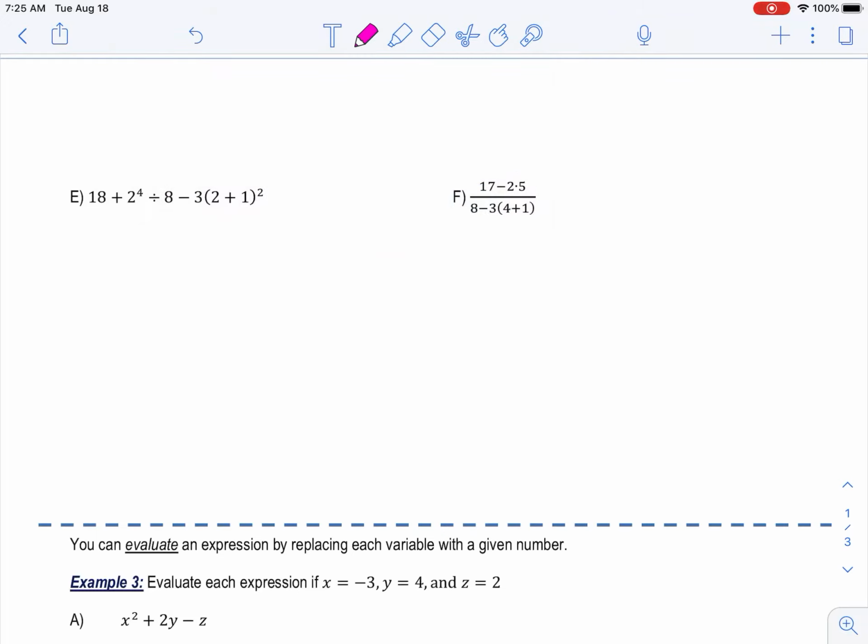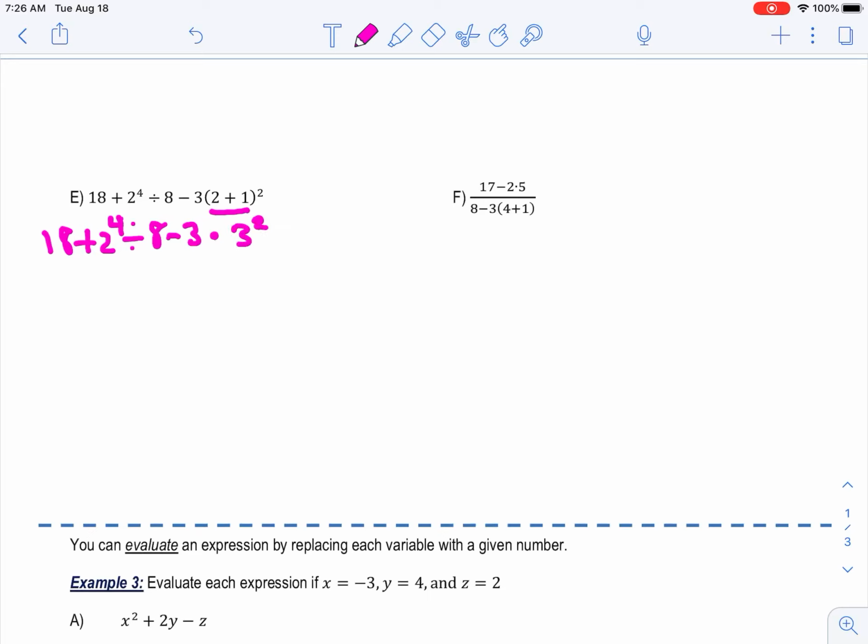All right, letter E. Holy cow, letter E's got a lot of stuff in it, so here's where we just got to make sure we write things down and follow our steps. First step we know is parentheses. So I'm going to go 18 plus 2 to the 4th divided by 8 minus 3 times, because I know that's going to be multiplication connected, 2 plus 1 is 3,